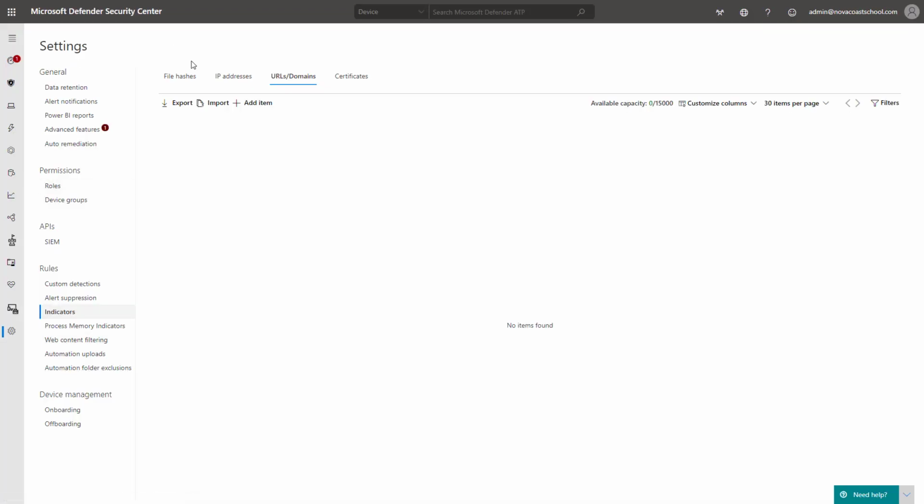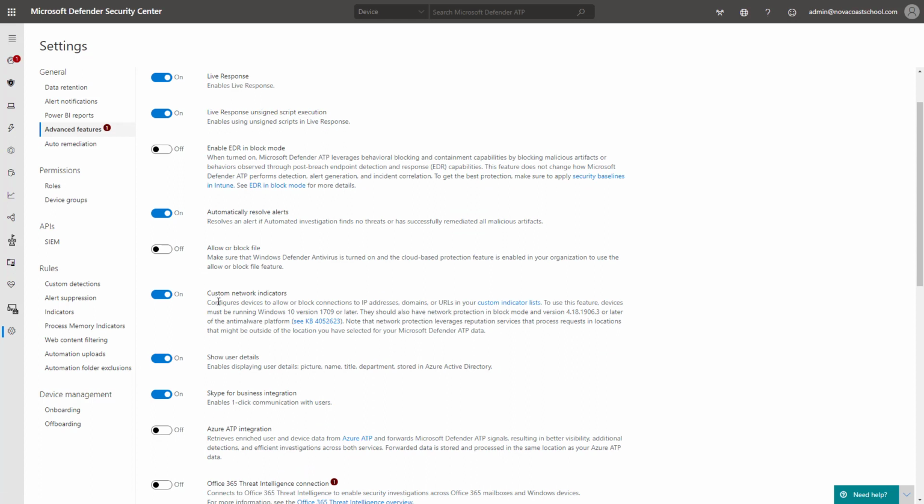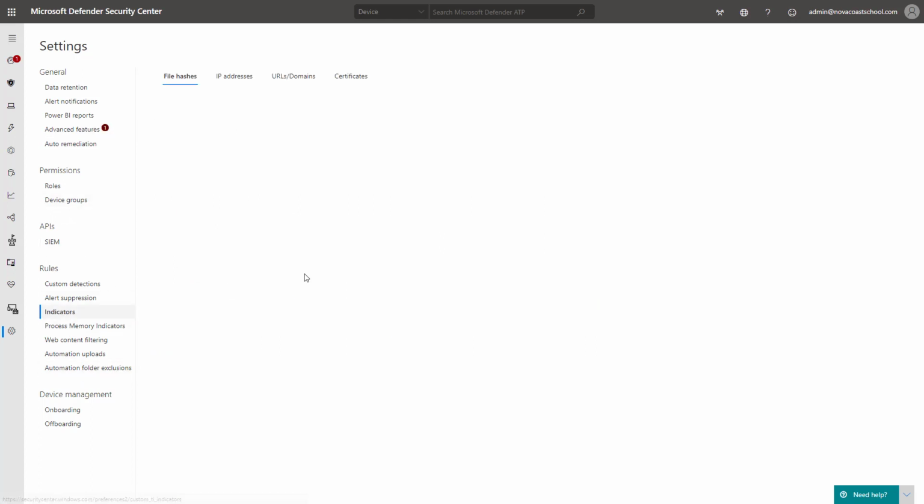In the Defender Security Center here, I've gone under the Settings tab and I've gone to Indicators. And with this, if you see a yellow message up here that says you need to turn on certain features, you'll need to come into advanced features here, and you'll want to turn on the custom network indicators. So you can actually add some to whitelist or block if you really wanted to as well. But then after you do, you can add certain things like file hashes, IP addresses, URLs, and domains